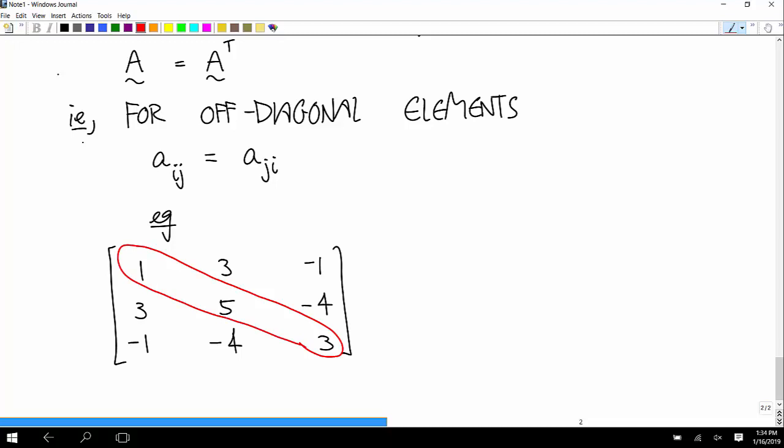And now for the off diagonal elements, that's equal to that. That's equal to that. And that's equal to that. Notice that